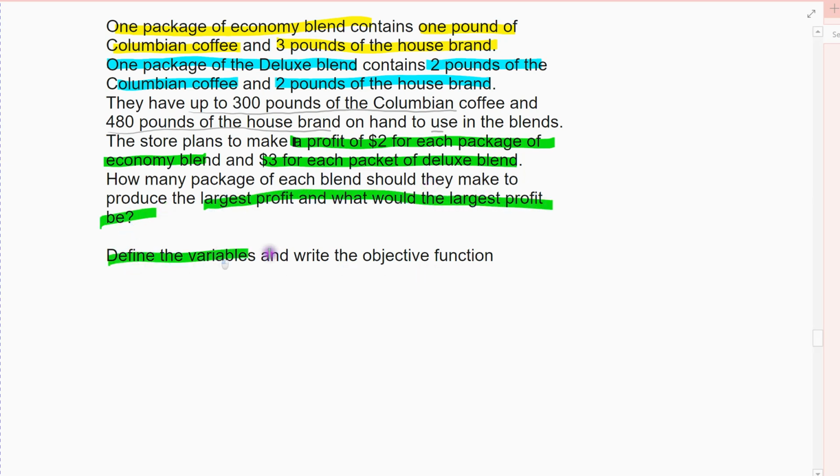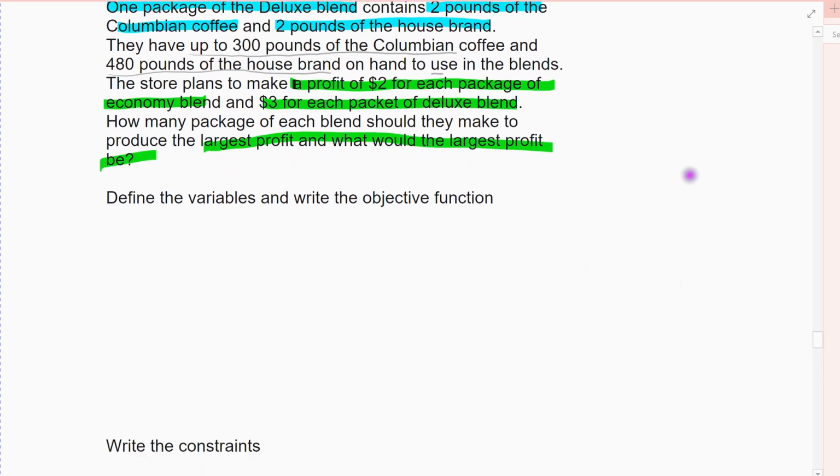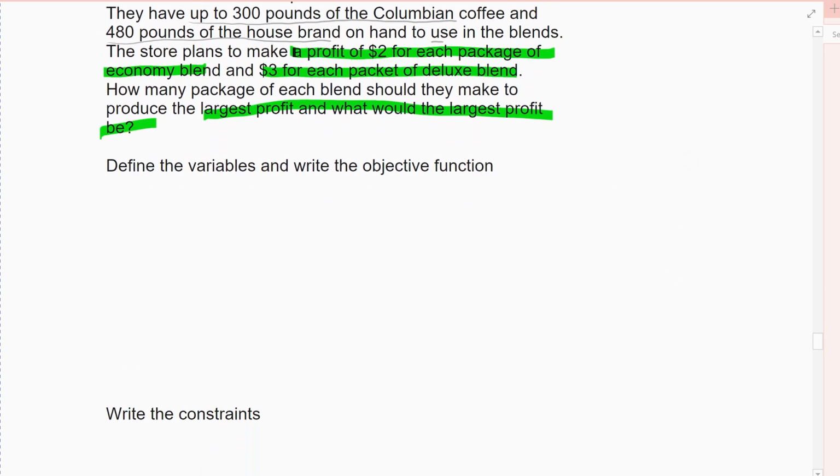All right, write the variables and the objective function, and then I'm assuming the next thing I'm going to ask is constraints. So we'll start with the objective. The objective is to optimize profit, and the variables are how many packages of each. So I'm going to let X represent the packages